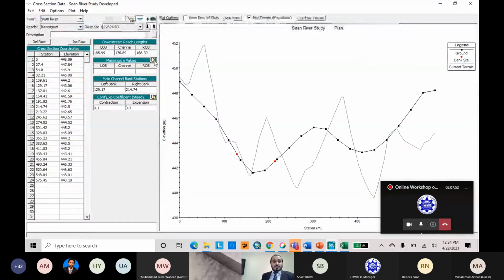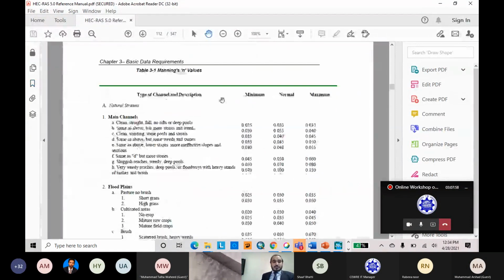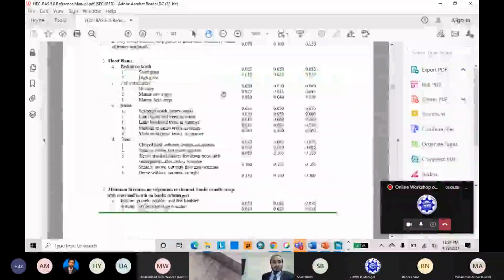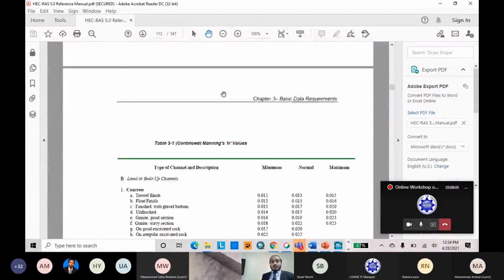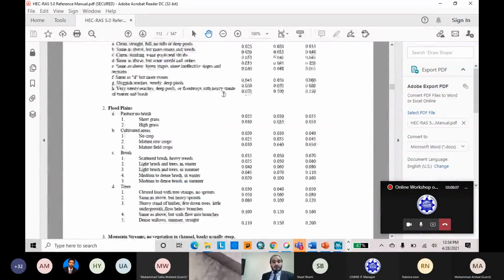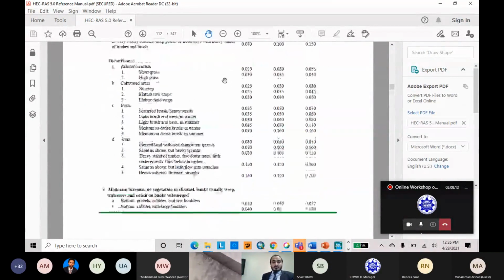Here are the Manning's n values. You can see the help menu will be available. Here is the main channel type, floodplain type, and the different properties of the channel. Because our river is one river, the main channel is more stony, and the sides are more eroded, not bushes.